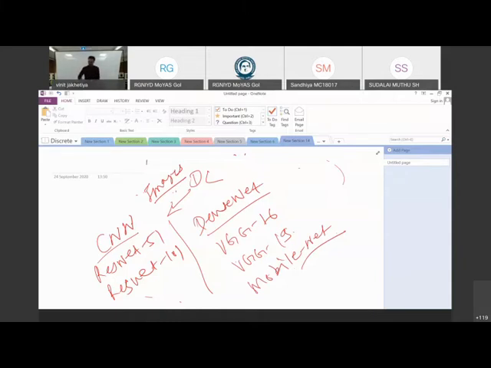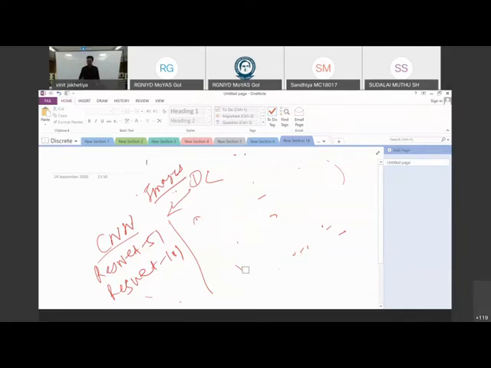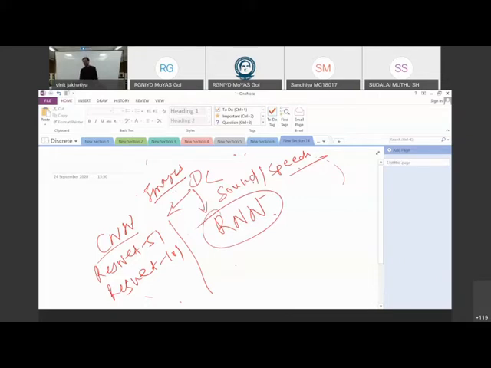Okay. So let's say if you are playing with sound or speech, then you need to use RNN, which is for sound, speech, any temporal data. Any data which depends upon the previous data. That means there is a correlation in the temporal domain. Sound has some temporal dependency, so there you need to use RNN, recurrent neural network, or